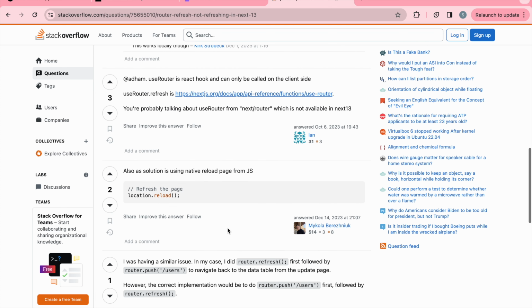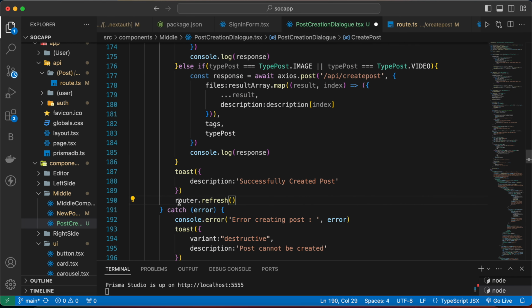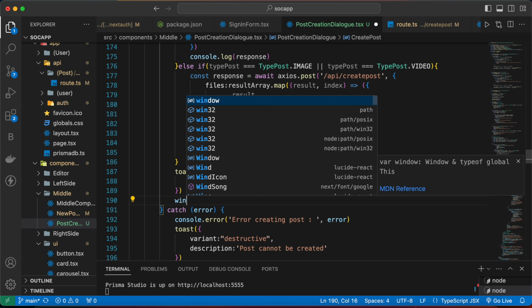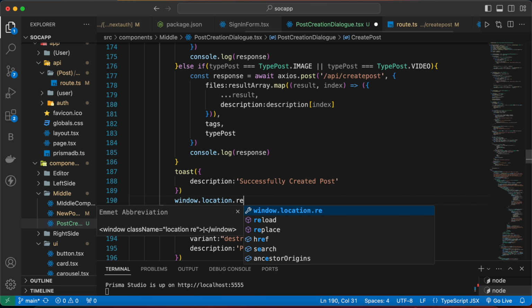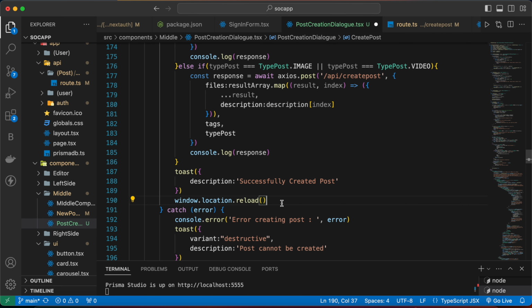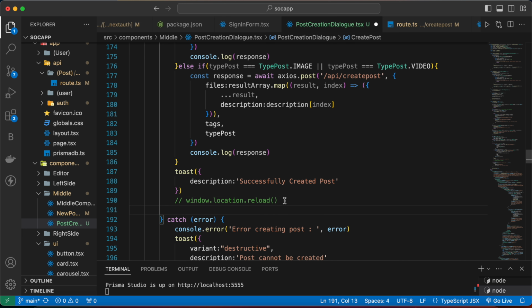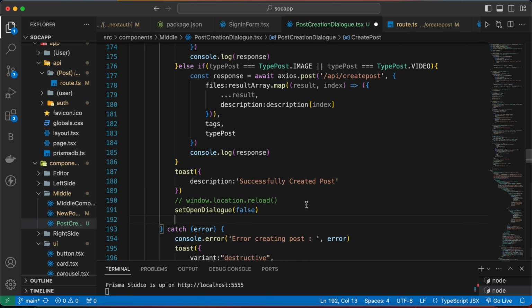So instead of that, we can do window.location.reload. So this will reload our page. You can also do one more thing, that we can set open dialog to false,